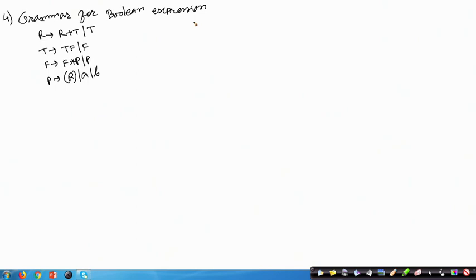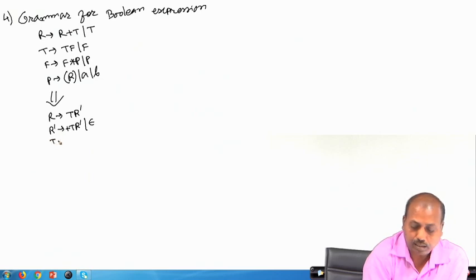If you remove the left recursion, this grammar can be converted into something like this: R producing T R dash, then R dash producing plus T R dash or epsilon, then T producing F T dash,